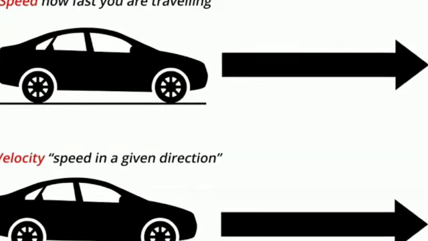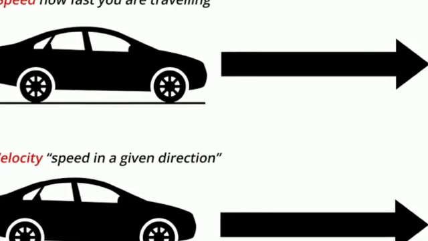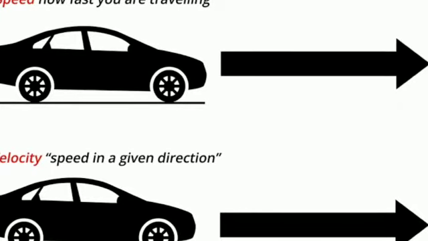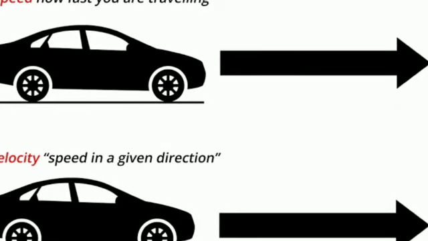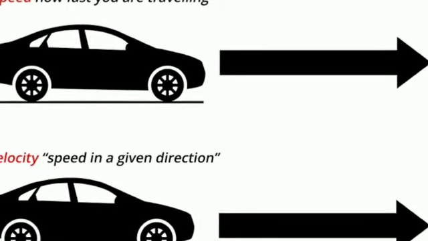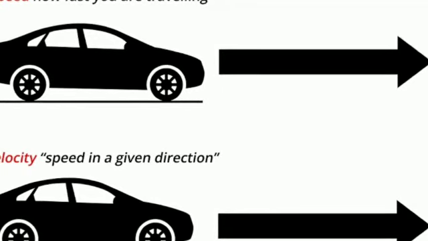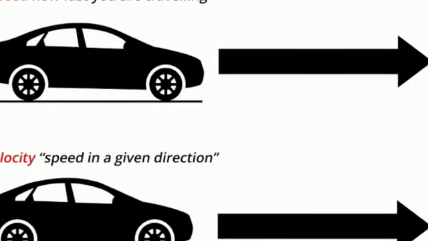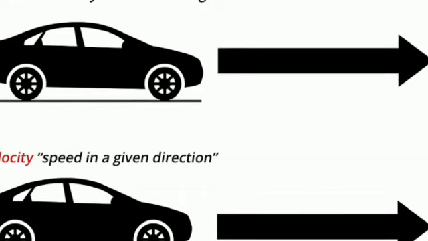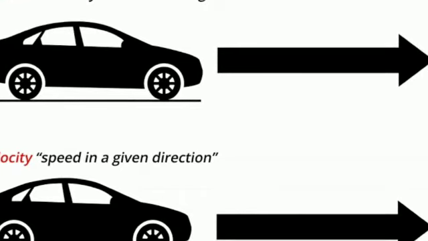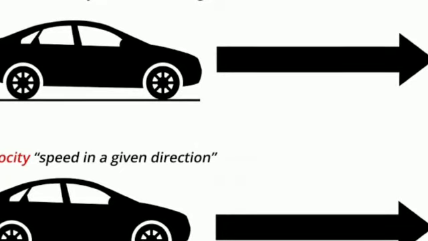What is the second person in the car trying to do here? He wants to maintain a speed here, and at the same time direction also. So that's why the second person is moving with some velocity. The first person we cannot say is moving with some velocity; he is only maintaining speed. The second person is maintaining speed in a given direction. Speed is also there, and at the same time direction is also there. That's why the person is maintaining velocity.